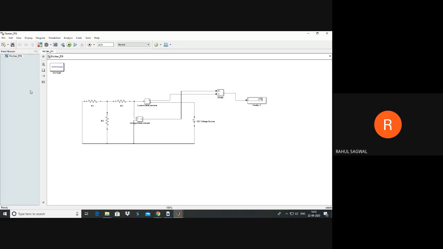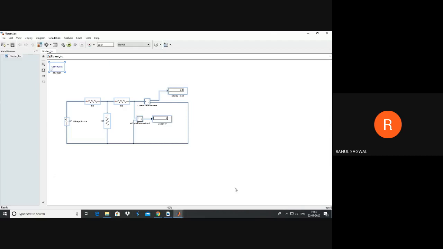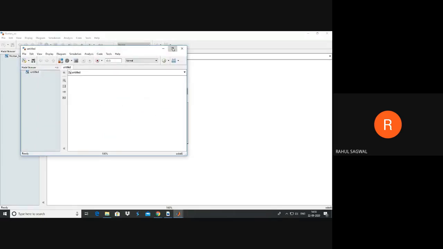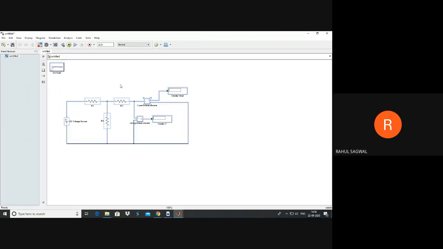Okay, so next we need to formulate an equivalent circuit, Norton equivalent circuit, just to verify the current with the original circuit. So how can we do that? First of all, just take the Norton ISC circuit, copy it, open a new model, paste it, separate the display. I will need this later on.